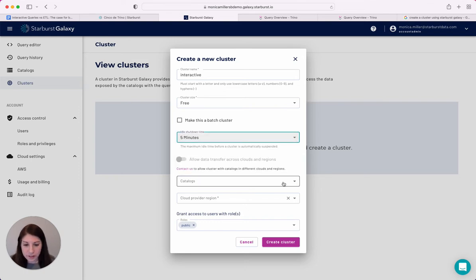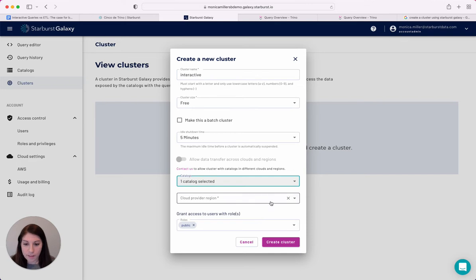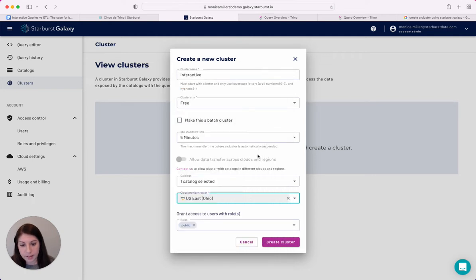Next, we're going to select our catalog, and we're going to be using the pre-loaded TPCH catalog for us. And then I'm also going to select my cloud region, which is going to be US East Ohio, AWS. I'm going to create my cluster,